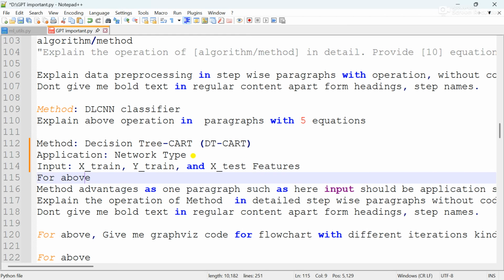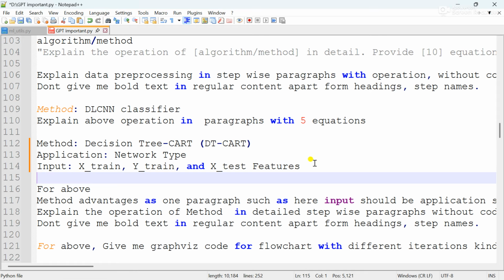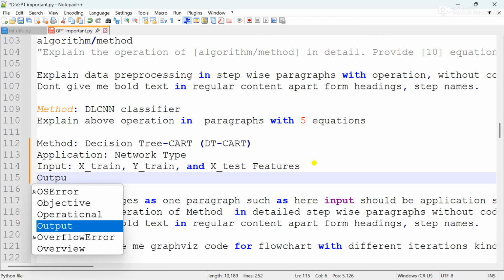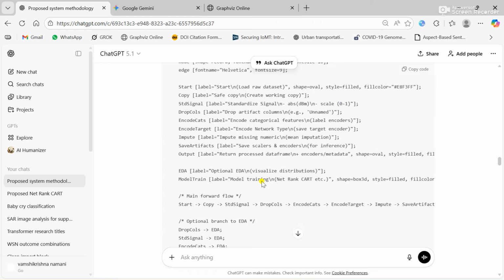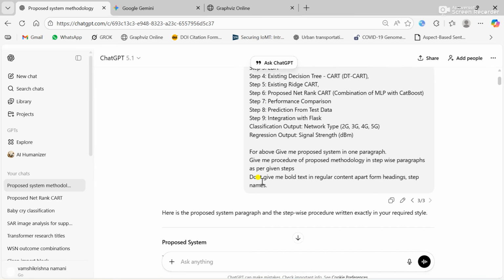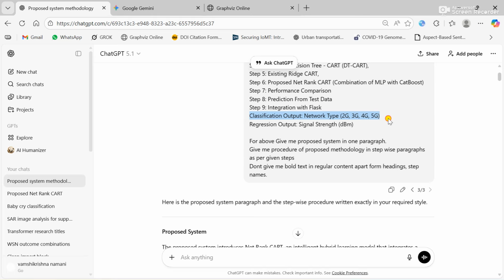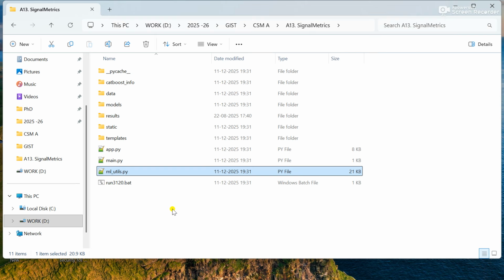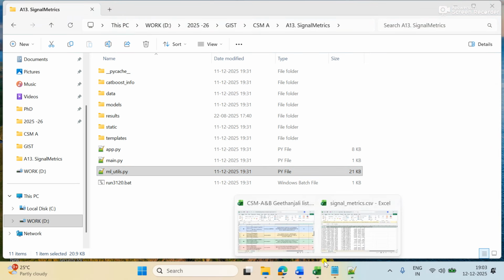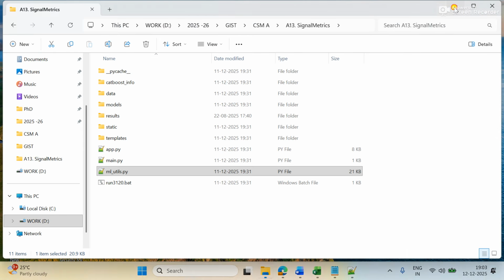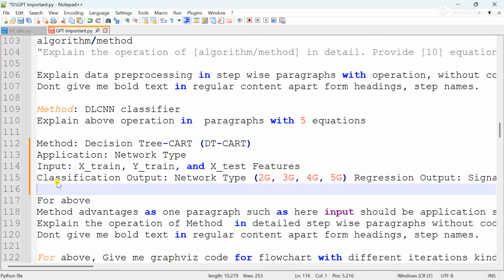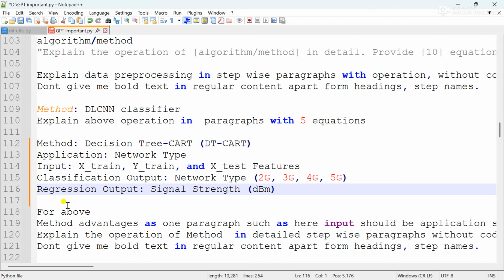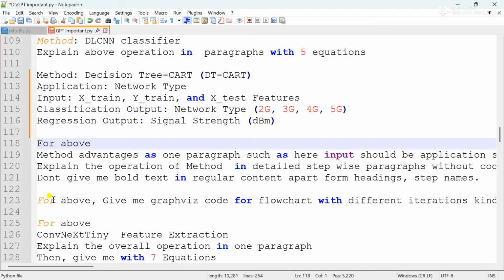Here output, again clearly write what is the classification output, what is the regression output as per this project. Yes, each time you need to write what exactly the classification output is, what exactly the regression output is. Not only single output. If your project is only one thing, then clearly mention classification or regression. For above,